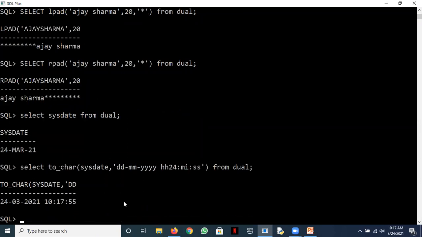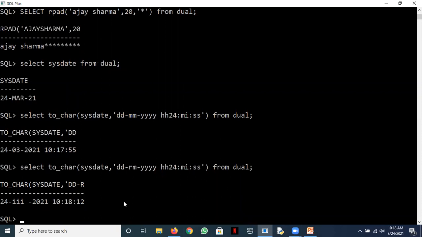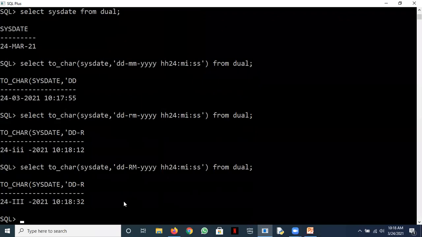So when you use this, DD, MM is clear. MM, if you write, it will display the month as a number. So March is the third month of the year, right? If you want a Roman one, use RM. If you want a Roman with a capital, use a capital picture. Shelly, you pay attention. You asked about this. Rest of you also are not very good with to_char. So good opportunity to learn it properly. Just change the picture to get the output as per your wish. See DD hyphen RM now capital. So the output in Roman numerals.